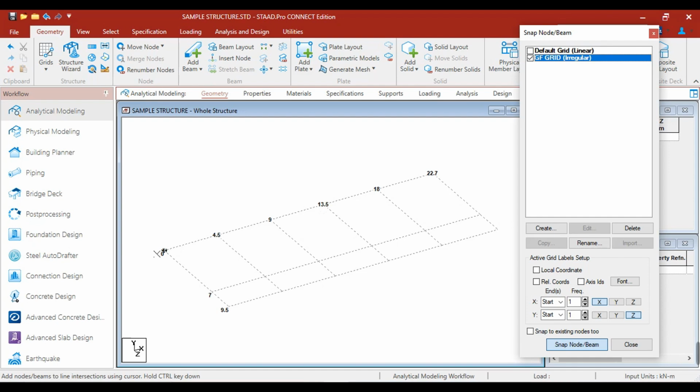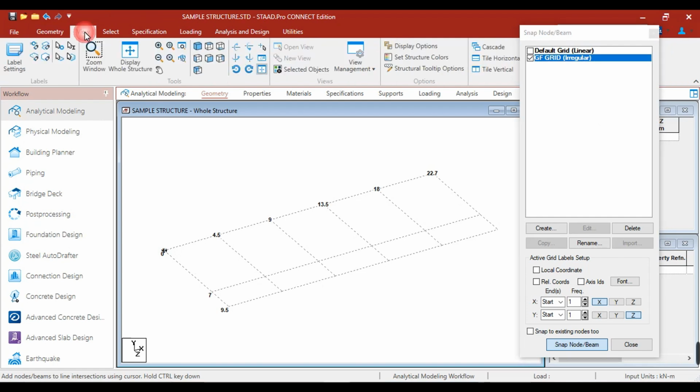This is in isometric view. We can have the top view in the view menu. Here we can have the isometric view, top view, bottom view, left view, front view, right view, and back view.